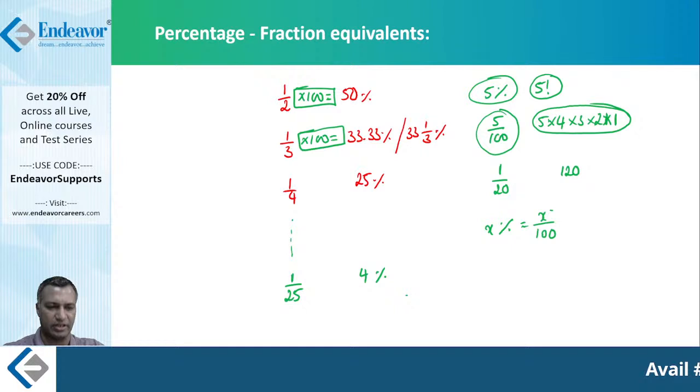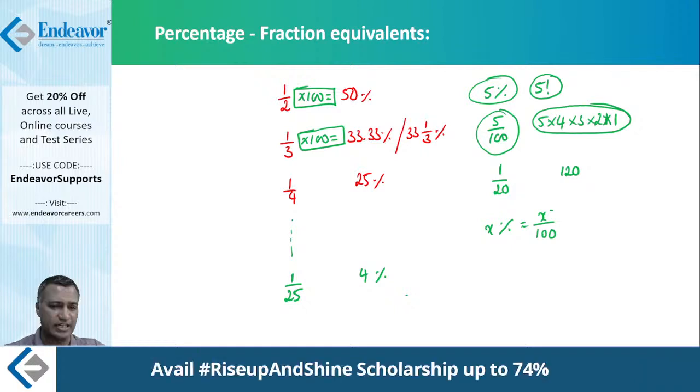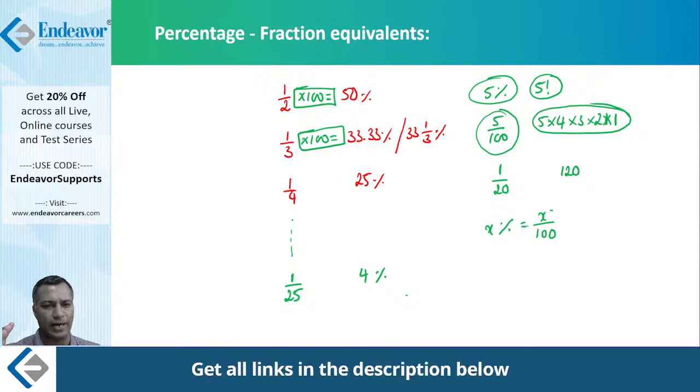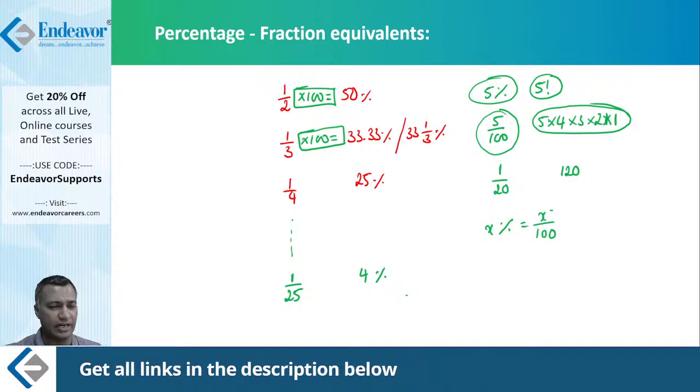Is there a way to remember? Should I do it with this technique or that technique? Doesn't matter. It's as good as a 2 table. For a 2 table, 3 table, 4 table, do you really want a technique? No. It should be so well drilled in your mind that at any point in time you are able to tell the tables of 2, 3, 4, 5, 10, 20, whatever.